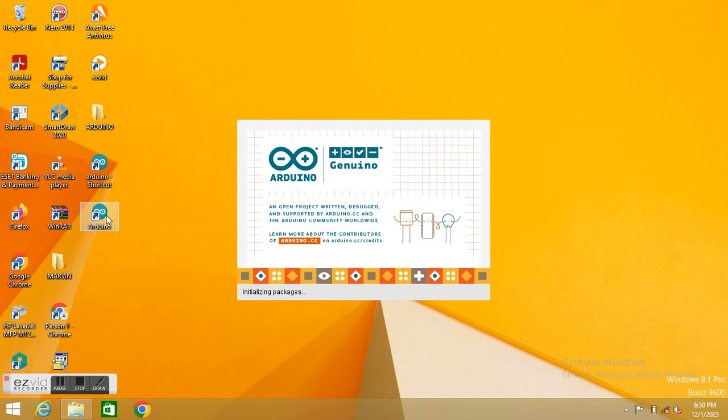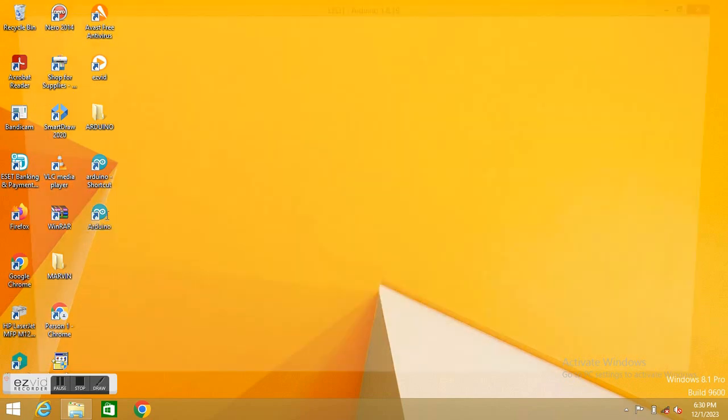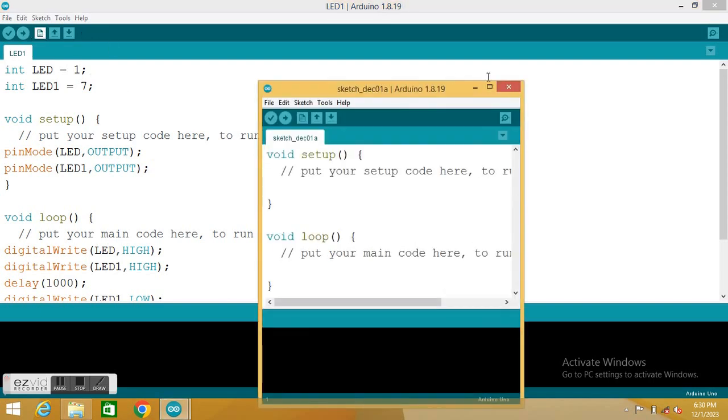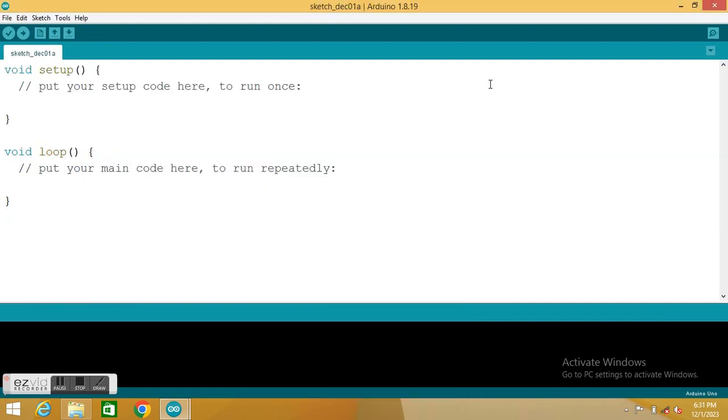This is the Arduino software, which you can download as the Arduino IDE on the Arduino website. So this is our first program. We have a new program here, a new program using the Arduino IDE,